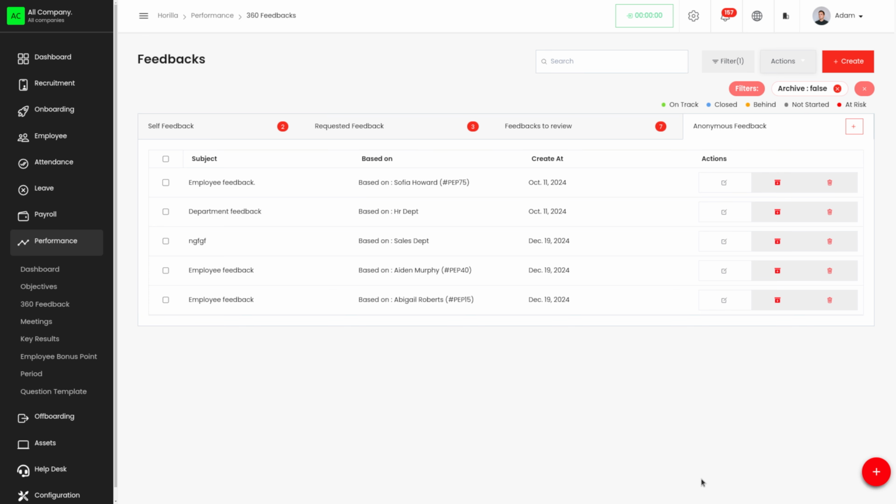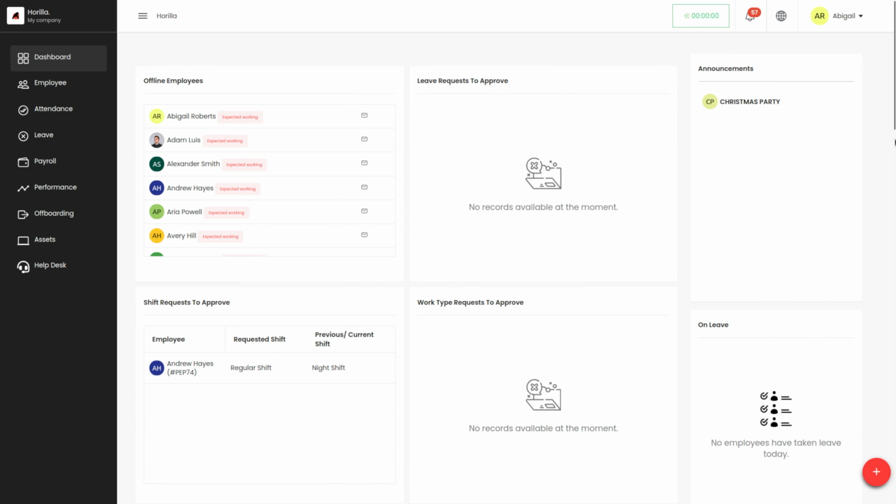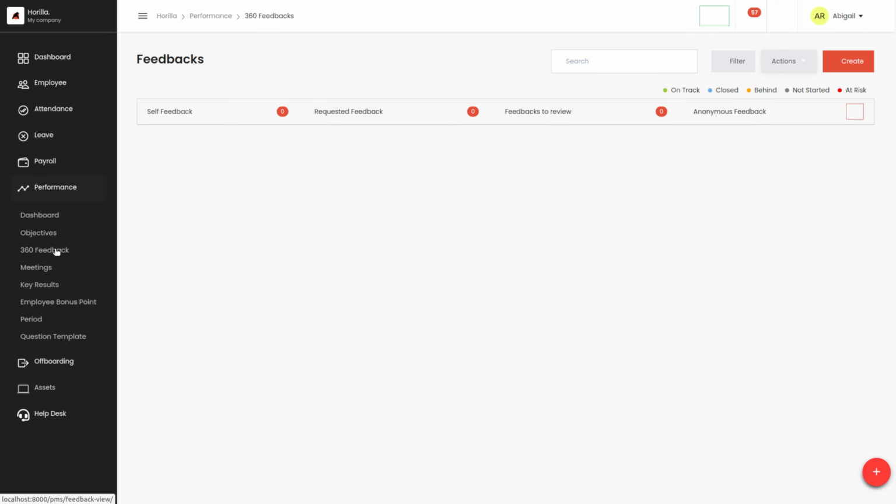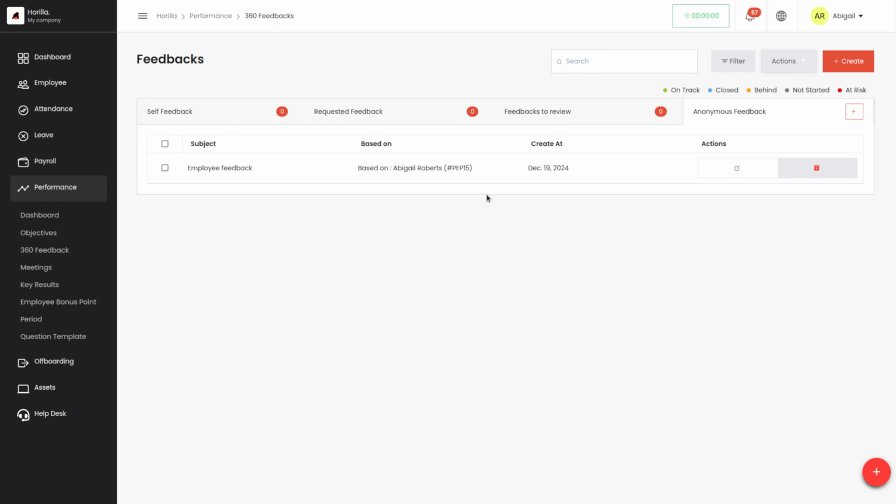So let's go to Abigail Roberts' portal. So this is Abigail Roberts' employee portal, and in the performance module, we have the 360 feedback. And in the anonymous feedback, she'll be able to find the feedback that has been given for her. So, since it is an anonymous feedback, she will not know who has provided the feedback.